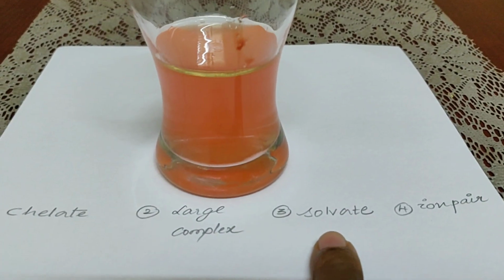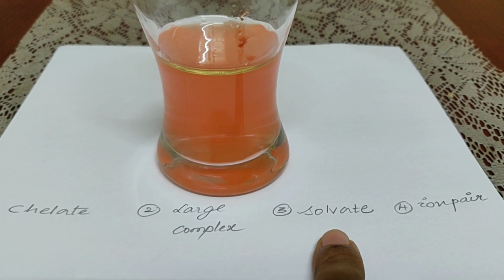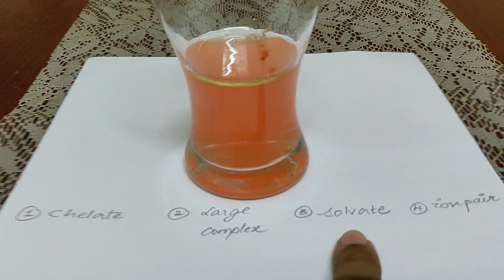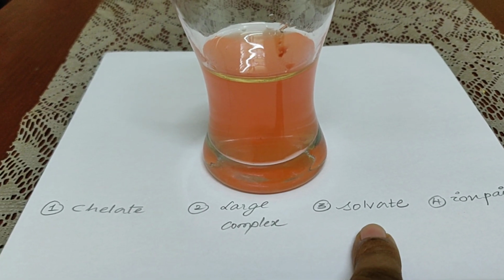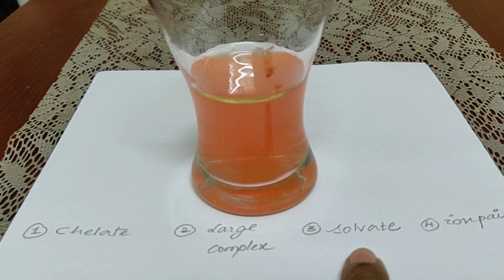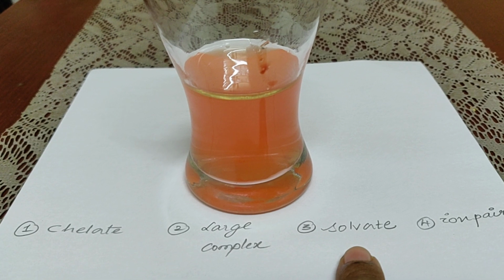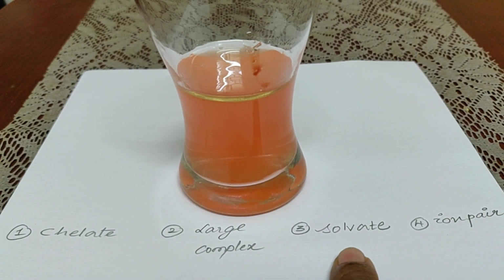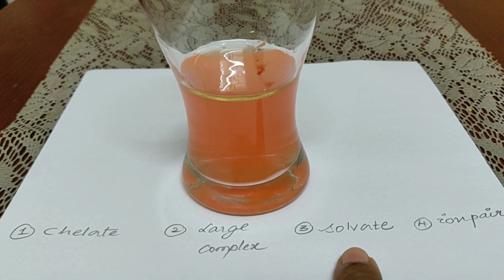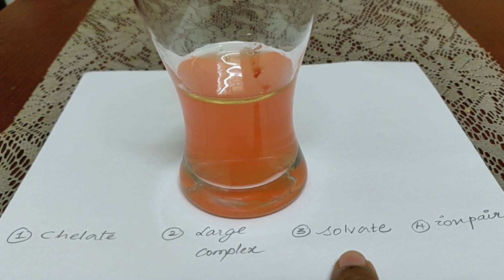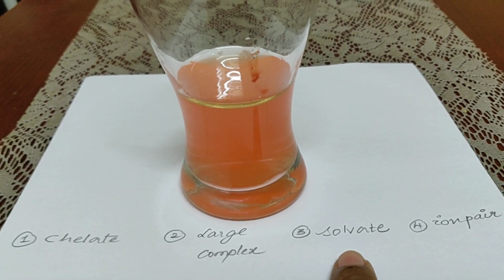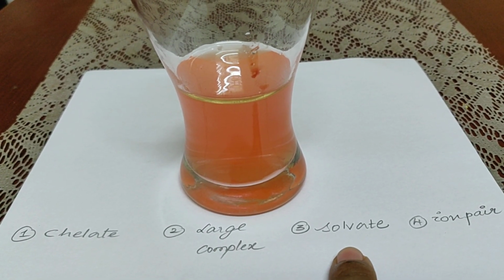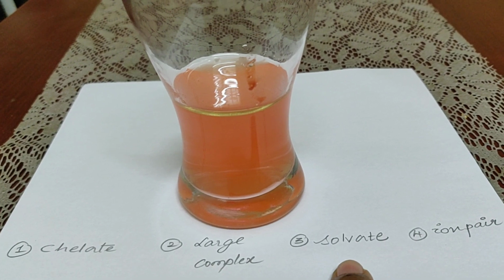Or we can use the solvent itself, which acts as a micelle. We are familiar with the word micelle; it comes from colloidal chemistry. These micelles are charged in nature because they are polar solvents. These polar solvents cage around the ion which has to be extracted, forming a neutral species which can be extracted into the organic layer.